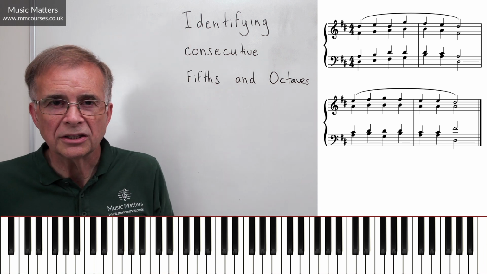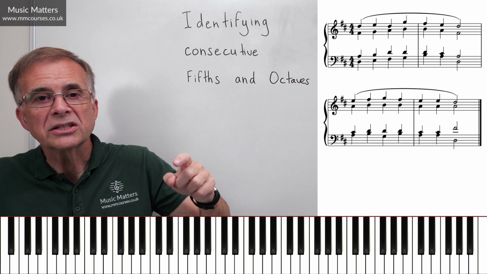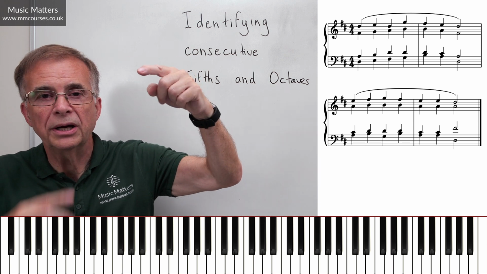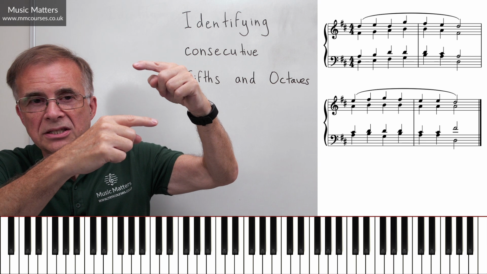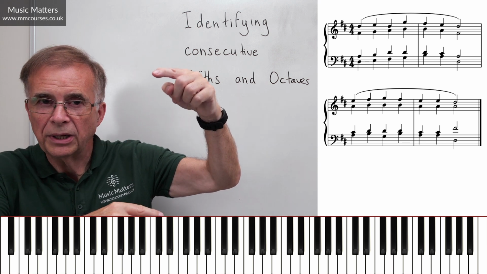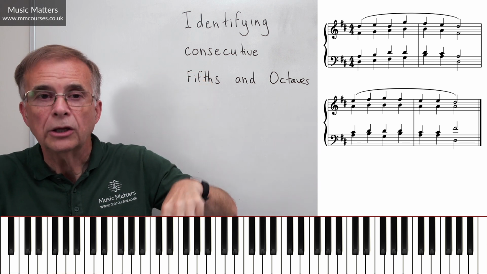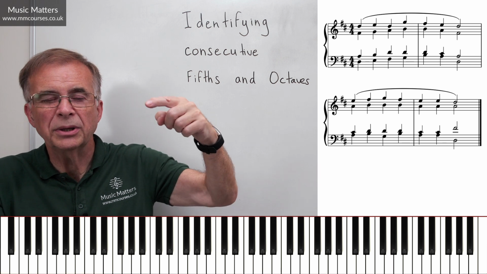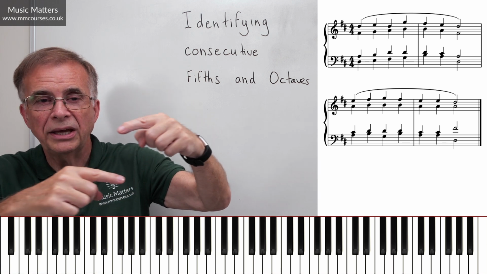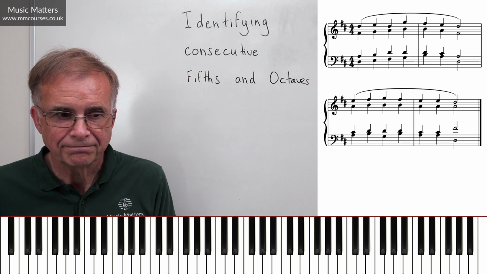Okay, you've now checked the soprano part against each of the lower three parts. Go back to the next highest part, the alto part, check the alto part against the tenor part. When you've done that, check the alto part against the bass part. Okay, you've now checked the alto part against those lower parts. Go back to the next highest part, the tenor part, check the tenor part against the bass part. You've now checked all the possibilities.